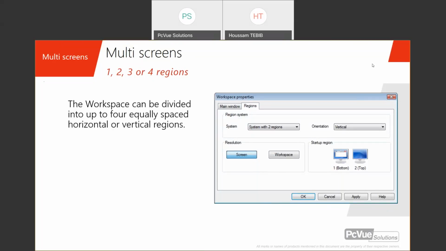the presentation with now another very important thing about the multi-screens in PCView. Basically, the workspace of a PCView project can be divided into up to 4 areas, horizontally or vertically. We call that in PCView a region. Most of the time, a region is a screen, a monitor, but not all the time. That's why it's not called monitor but region, because as you will see during the demonstration, it's possible to divide one screen into separate